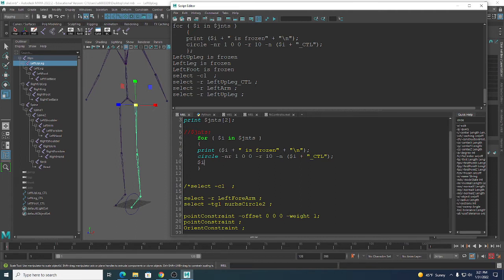Okay, so we need to select it. So let's type select -r $i. And if we do the -r, that's going to mean that if anything else is selected, it's going to deselect and just select that. And we're going to select